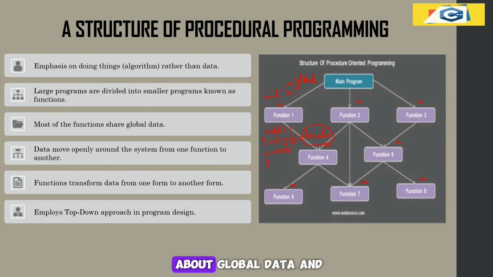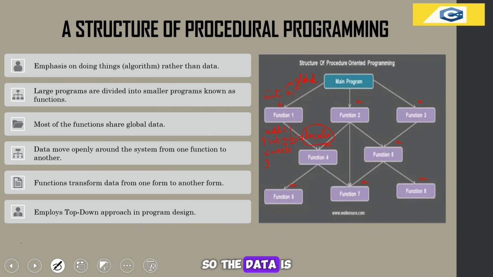When we talk about global data and its sharing, we can say the data moves freely around the system, from one function to another function. So the data is traveling from one function to another, and we can say functions can transform the data.